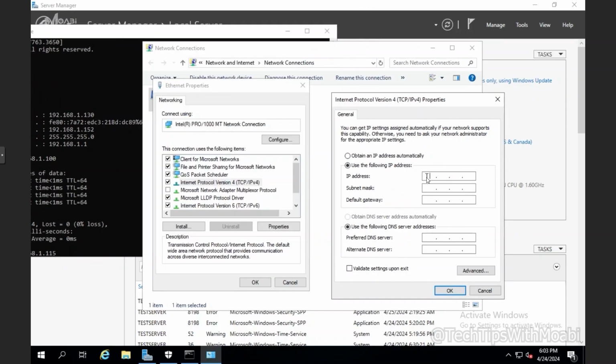Alright, now I'm going to enter the IP address I said I'm going to be using, 192.168.1.115. And then for my subnet mask, I'm going to take the one that is currently displayed on the command prompt. Press tab, it fills it in for you, or else you can type it in yourself. So go down again and then type in the gateway that you get from your command prompt,